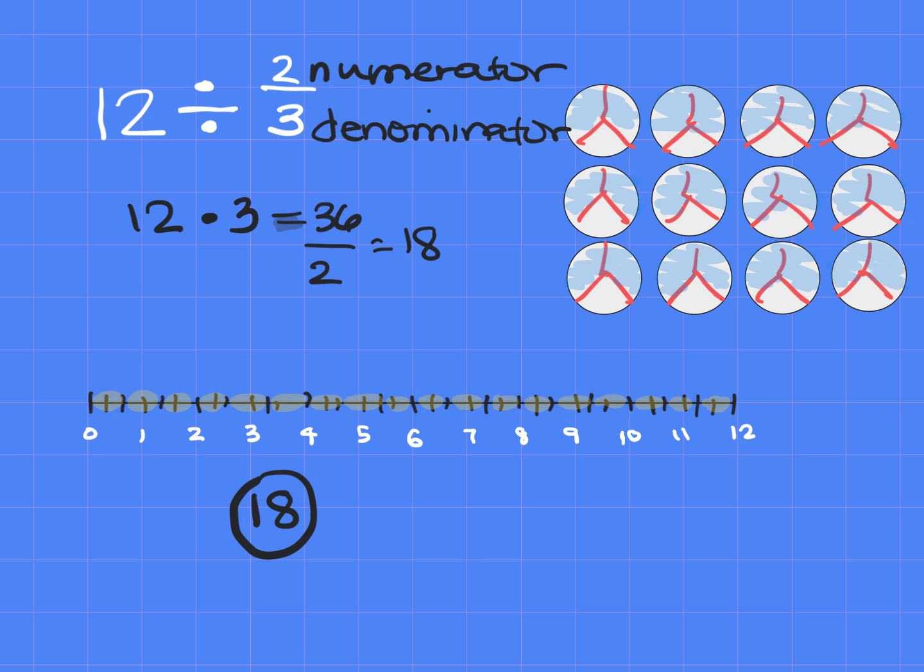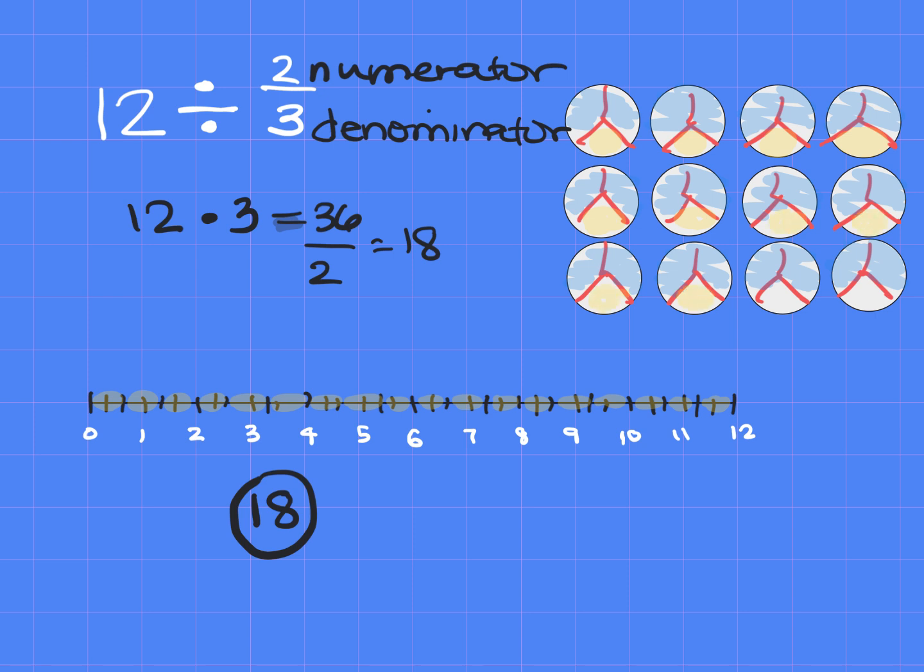Now, we're not done, because these pieces at the bottom, just because they've got one extra in each of them, they are still a third of a section. So we're at 12 right now. So we're going to do this one plus this one. That makes 13. That's another third plus another third. That's your 2/3. That's 14, 15,